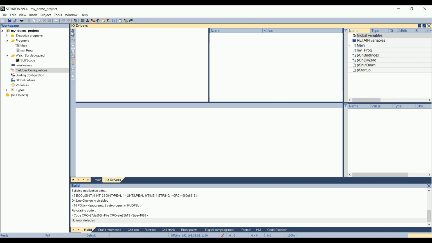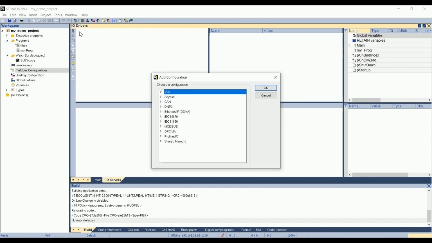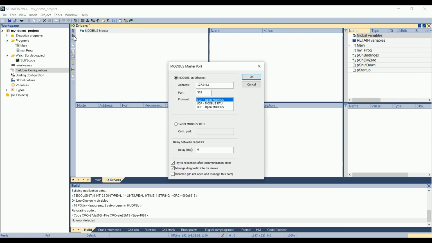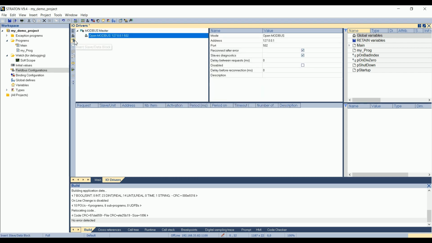Then I click on the icon Insert Configuration. There are many configurations available. In our example, we'll take a Modbus master. Okay. Then the next icon is unlocked. I can insert a port. Okay. The next one is also now unlocked.